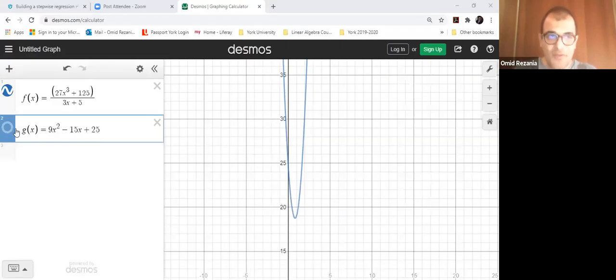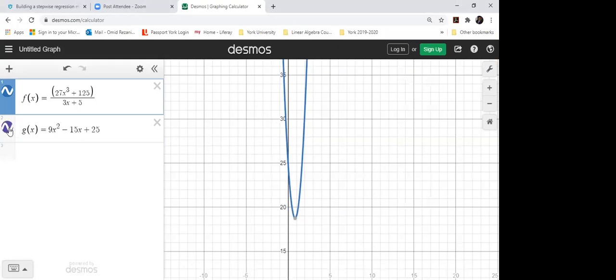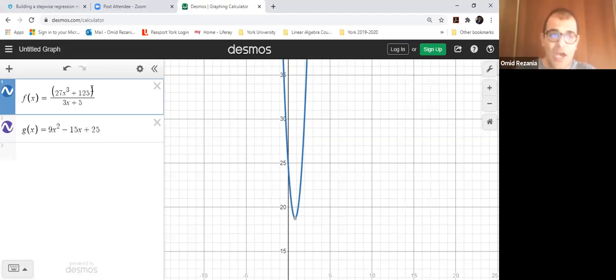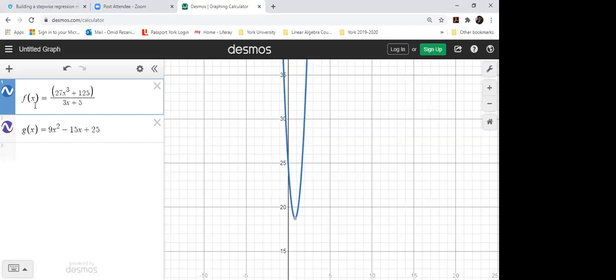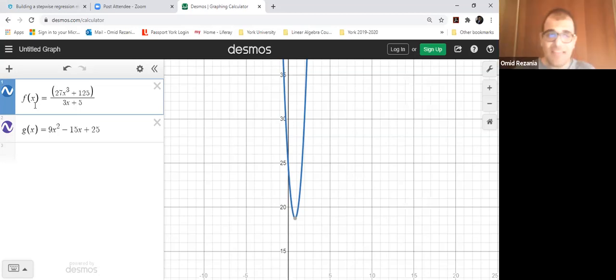And look at the Desmos which I had. I'm just going to share my screen again and go back to the Desmos. Look at the functions g. This is f of x that we had on our whiteboard. And now we have this one, g of x. The g of x is essentially the result of the division of the numerator by the denominator of my f of x. Correct? Yes. Good. Then you see that these produce the same plot. However,